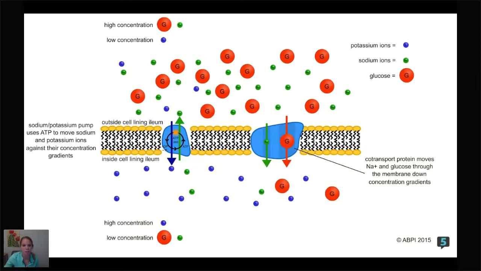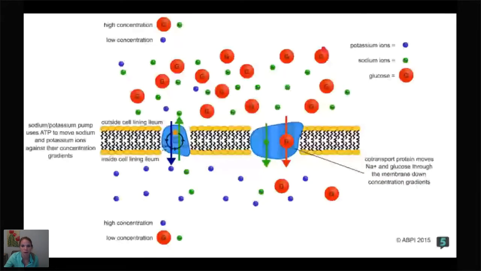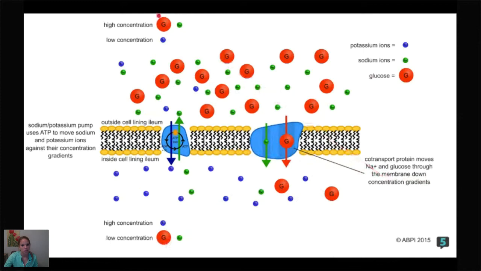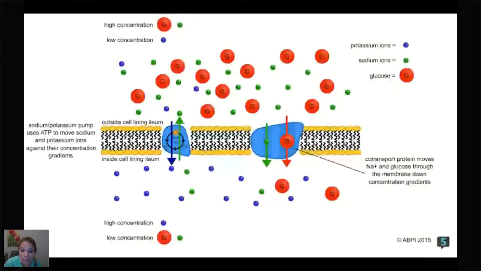And these molecules are going to be exactly the same. So when you start out with all this glucose over here, glucose is this red one. So you've got like 1, 2, 3, 4, 5, 6, 7, 8, 9, 10, 11, 12, 13 glucose on the outside of the cell. You've got 3 glucose on the inside of the cell and 1 that's on its way. That glucose is naturally not going to want to all be next to each other. And no one wants to be that close to everyone all the time. If they do, good for them. But everyone needs a break every now and then.